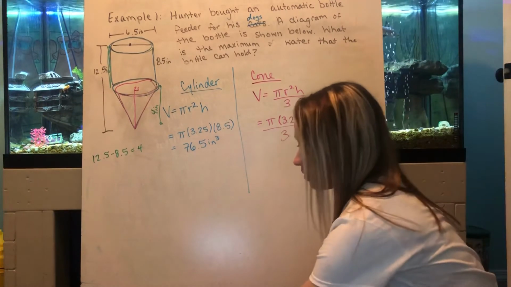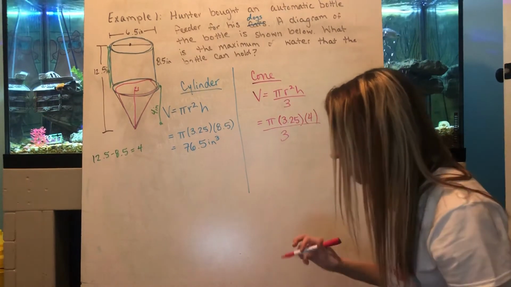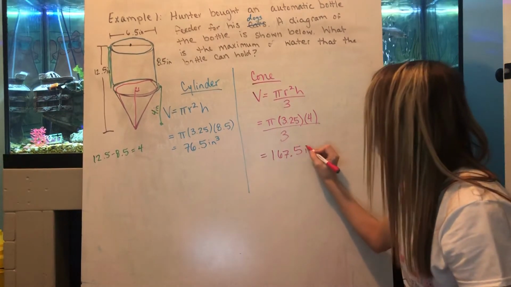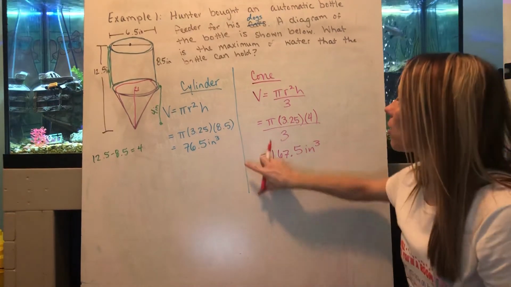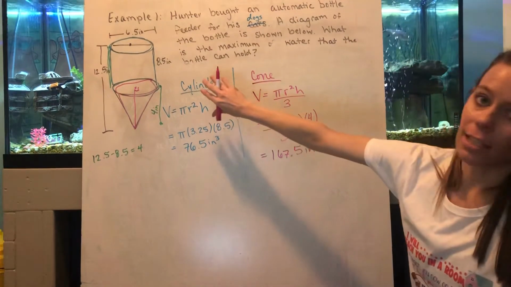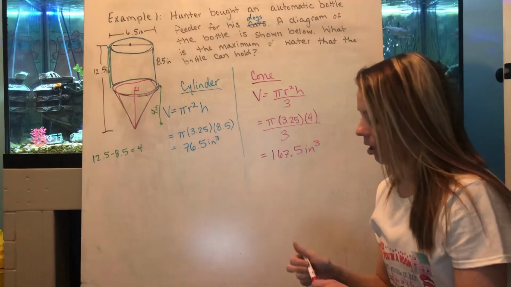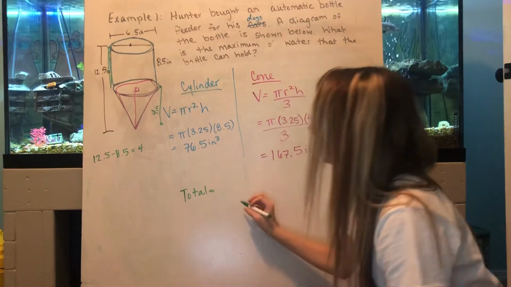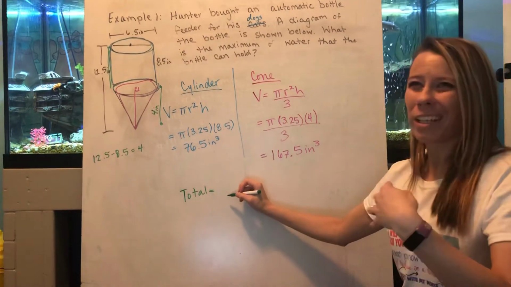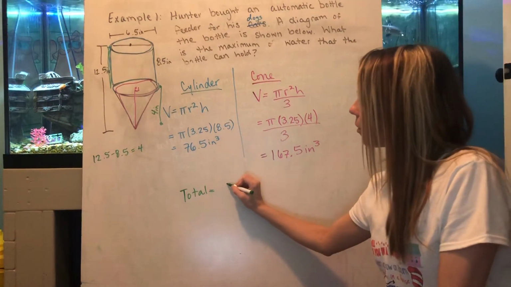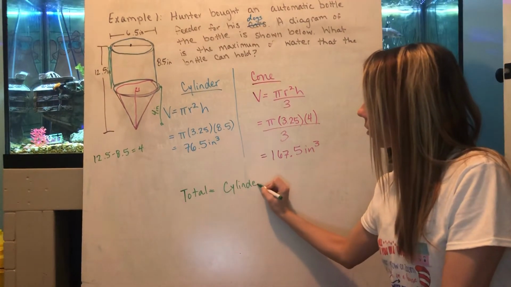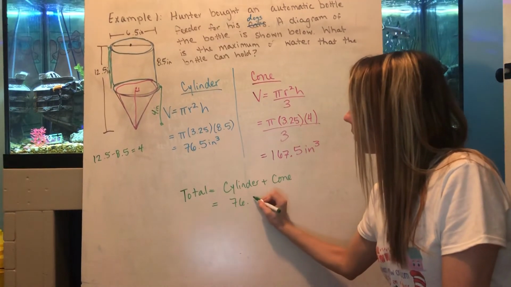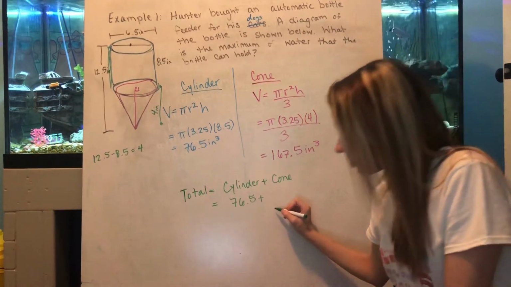Type that into my handy dandy calculator, and for the volume of the cone, I get 167.5 cubic inches. Now the volume would be both the cylinder and the cone put together. So the total, and that's why it's called composite, is it's more than one put together, or more than one taken out, which we're going to do that next. So cylinder plus the cone equals 76.5 plus